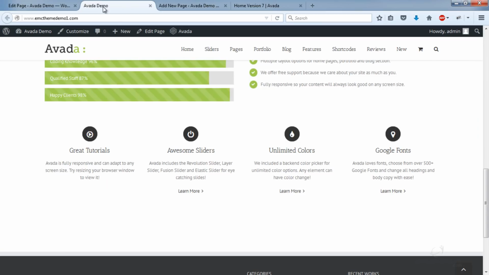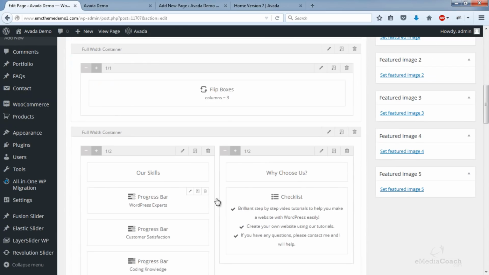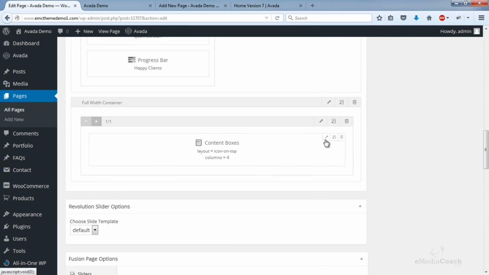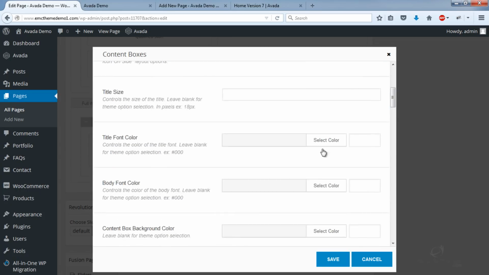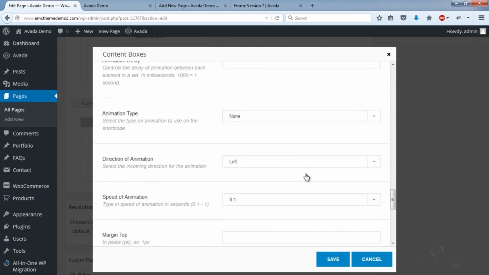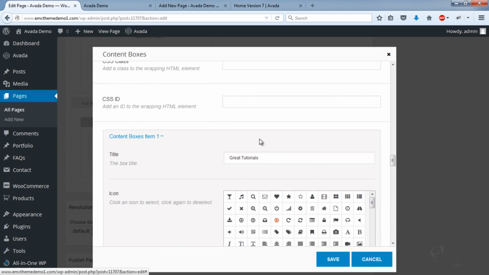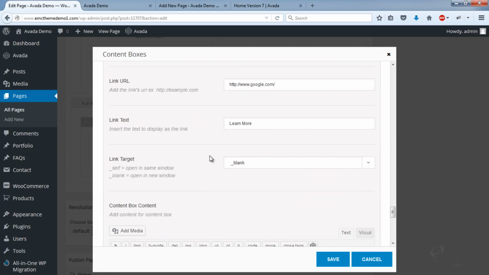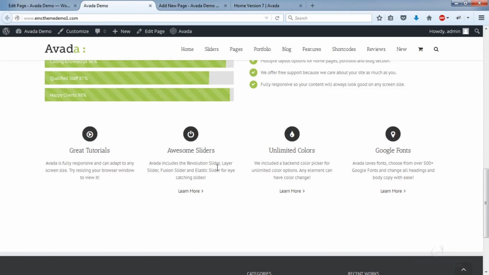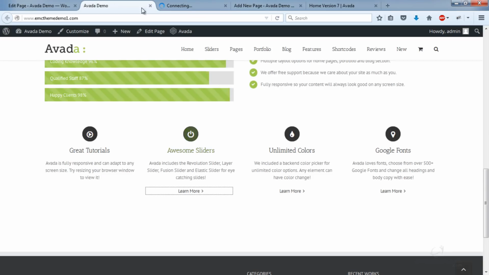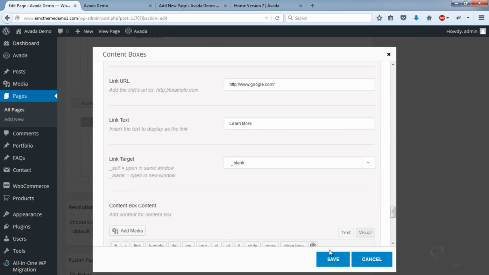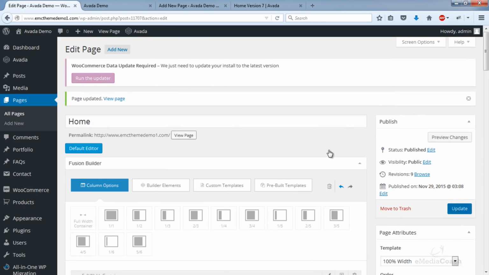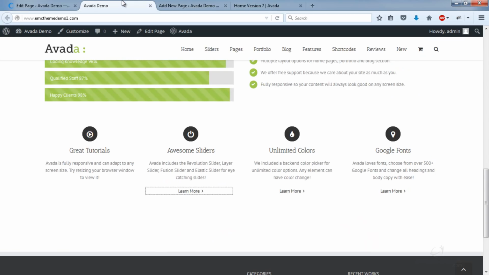And of course, we used an underscore blank setting for new pages. See that there? So all that means is when you click on a link, it opens in a new tab. It doesn't load in the same screen. Okay, good stuff. Making good progress here. Of course, if you have any questions while you're watching this, please do ask me in the comments below.